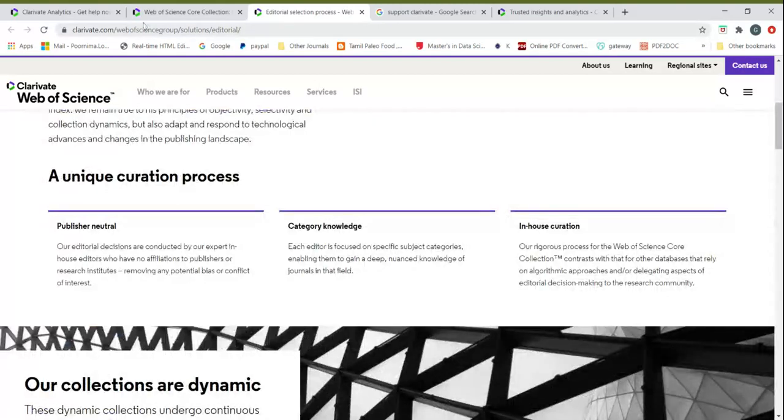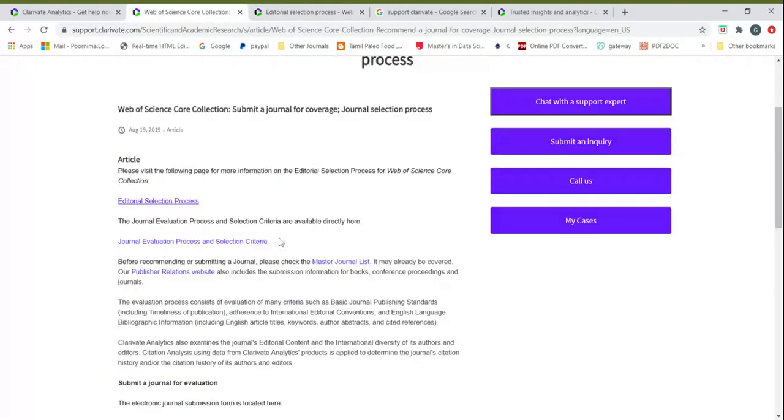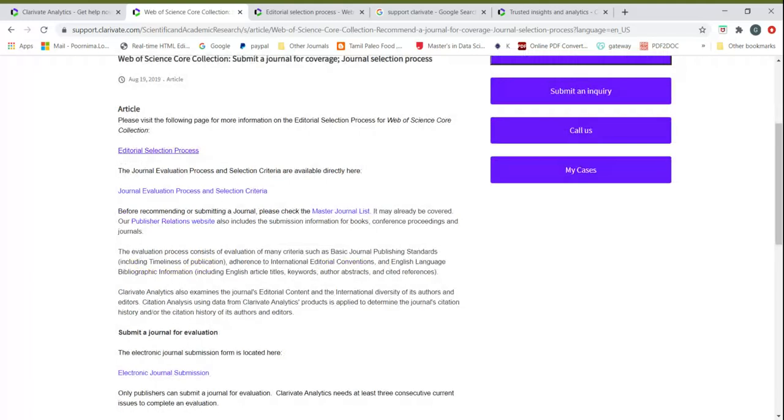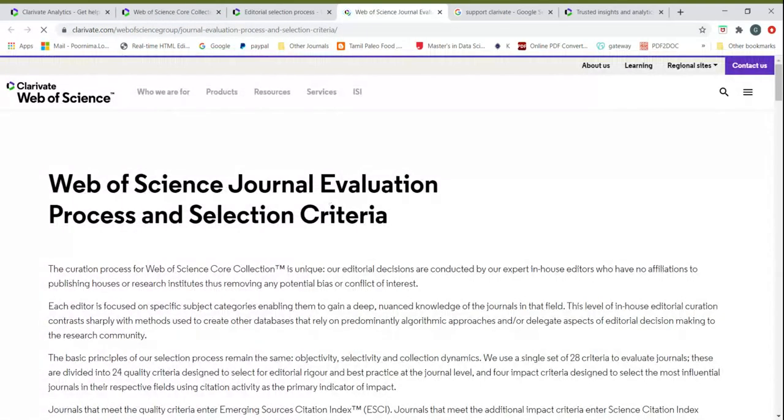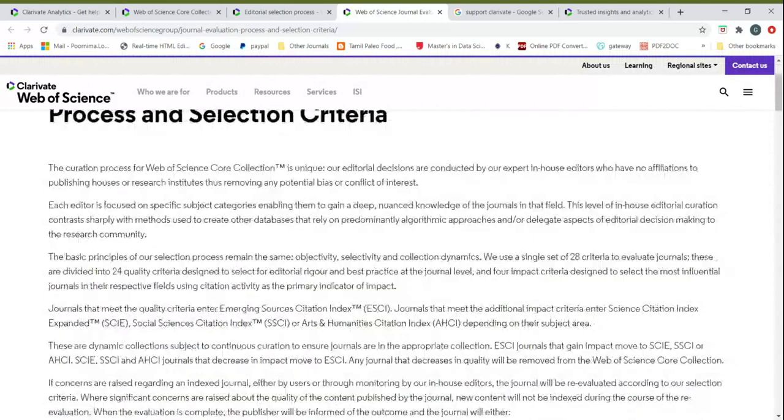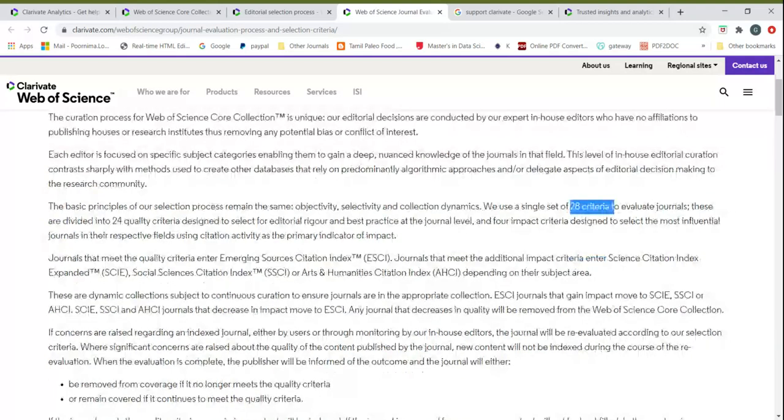Then I will go back to the previous page where I came from. Then they talk about the journal evaluation process and selection. Yes, this is the important area that we need to focus on. Here, if you see, they mention the 28 different criteria that they evaluate in terms of adding any new journal. So these 28 criteria fall under 24 quality criteria checks